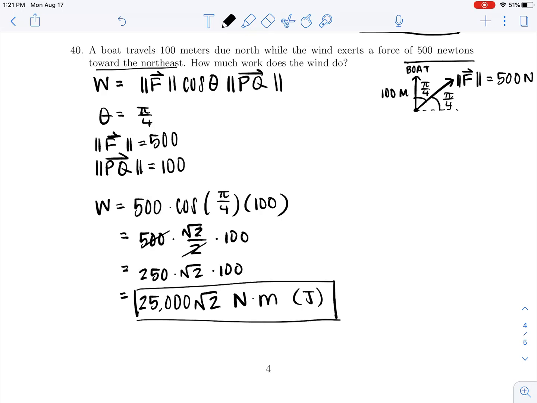All right. So that's a wrap here on the dot product. Our next section is going to talk about the other product between vectors,